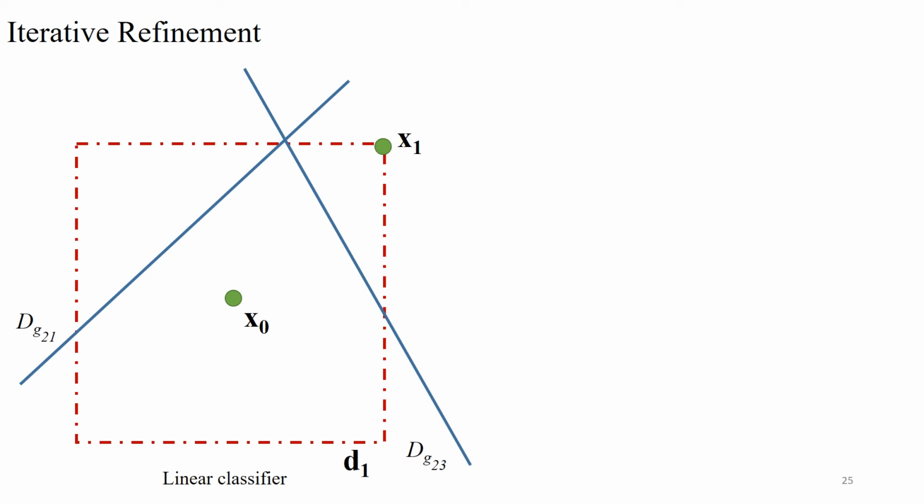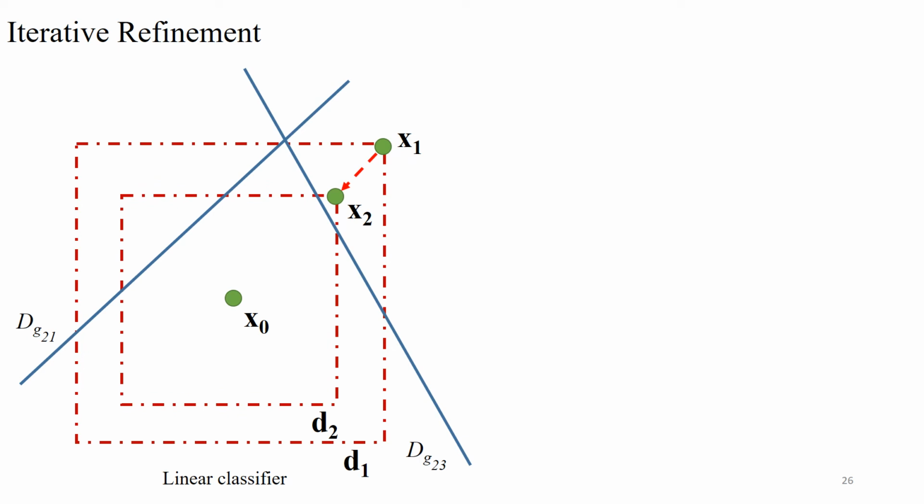Assume that we have already found an adversarial example x1 at a distance d1 from the input image x0. DeepSearch first uses bisect search to find the smallest distance d, such that the projection of x1 to the region within distance d from x0 is still adversarial. In our example, this distance is d2, and x2 is derived by projecting x1 to the region represented by the inner dash dotted square. So x2 is closer to x0, which means it has a lower distortion rate than x1.